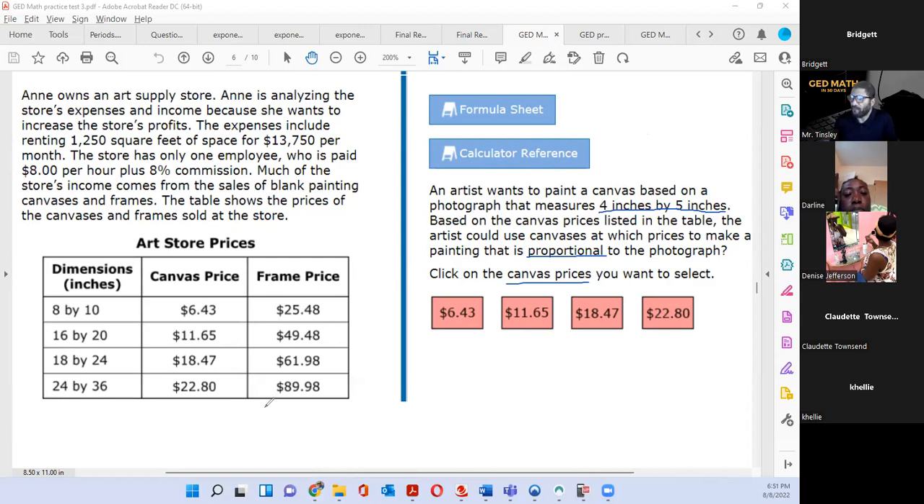Okay. Yes. So 4 to 5. So let's look at the other canvas prices and sizes. These are the canvas sizes. So I've got to look at each one. 4 by 5,